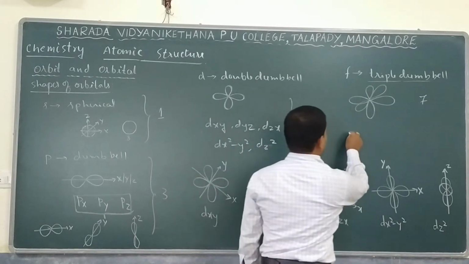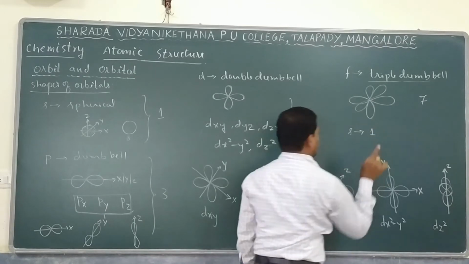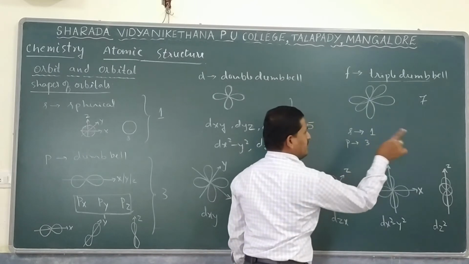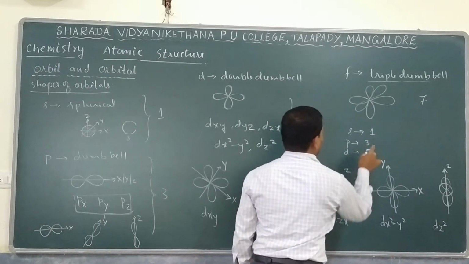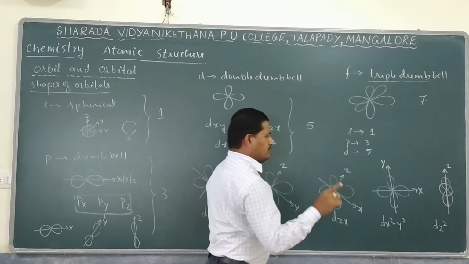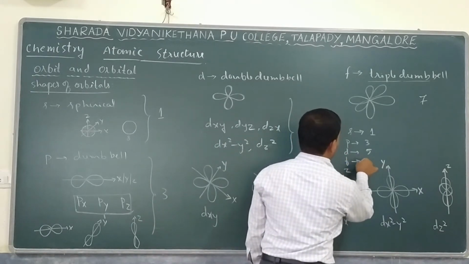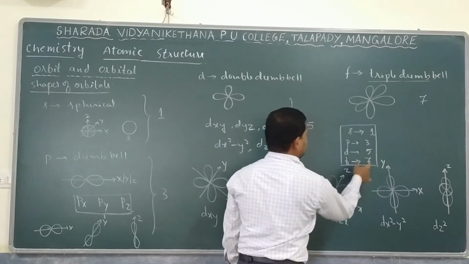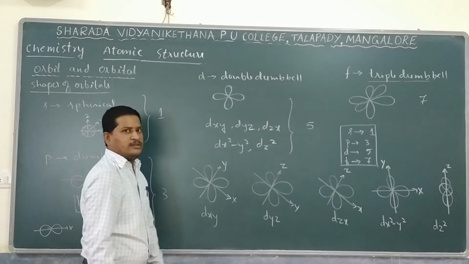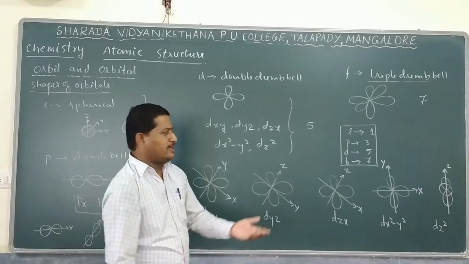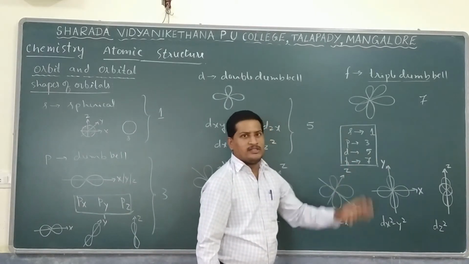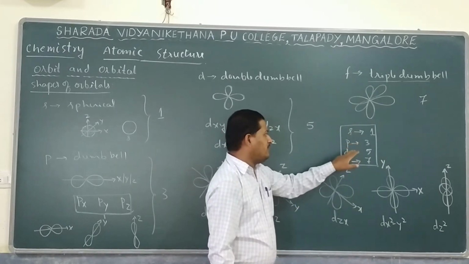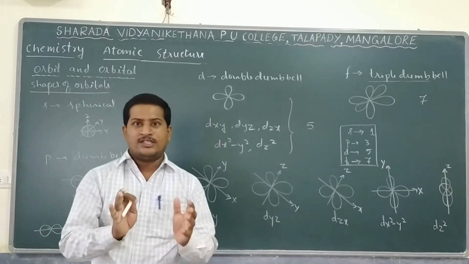So to conclude, we can say only one s orbital is present, but p orbitals are totally 3. They are px, py and pz, and d orbitals are totally 5: dxy, dyz, dzx, dx square minus y square and dz square, and f orbitals are totally 7. So 1, 3, 5, 7. Easily you can remember 1, 3, 5, 7 are the numbers of orbitals. Suppose g is there, then how many? 9. The next comes g, and then 9 g orbitals are there. But now we go up to f, that is s, p, d and f orbitals. So this is regarding the shape of an orbital.